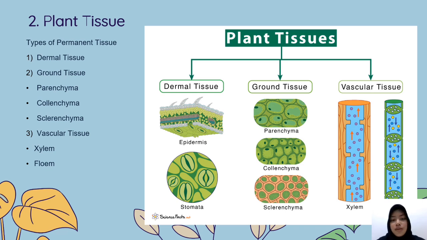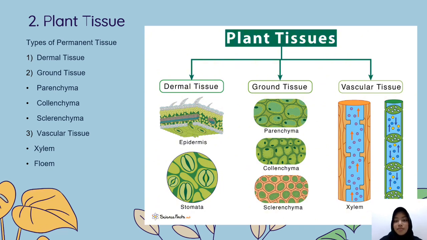Parenchyma cells are spherical or elongated cells with a thin and flexible primary cell wall but lack a secondary cell wall. Parenchyma cells are totipotent and thus have the ability to divide and differentiate into any cell. They are the main component of young plant organs. They are found in almost all cell types, such as in mesophyll cells, stem cortex, and pith, and as a component of vascular tissue. And then collenchyma.